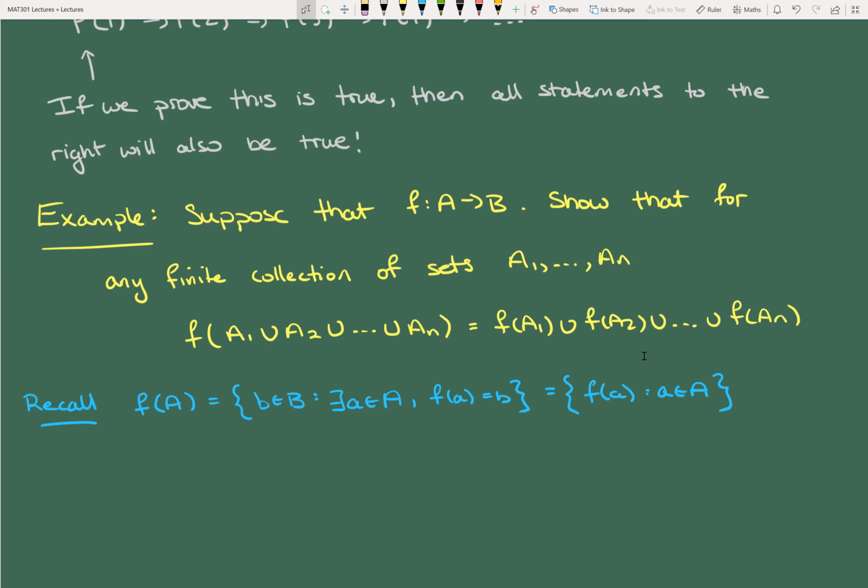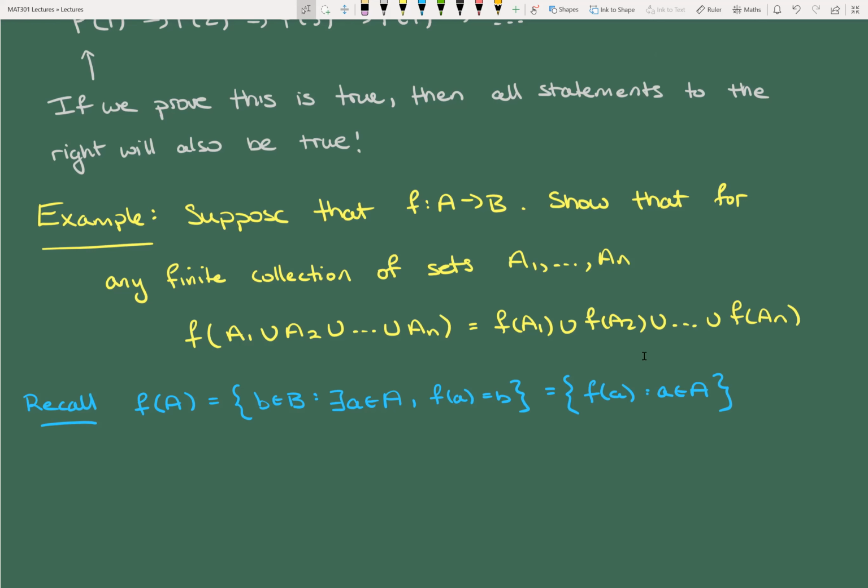Okay, so I'm going to talk about this a little bit. If you need a little bit more time, you have it, because I'm just going to ramble for a bit. These sorts of things are common, where we say, oh look, the base case here, for example, is going to be to show that the image of the union is the union of the images when there are only 2 sets. And then inductively, we're going to expand that to an arbitrary but finite number of sets. A lot of the time, especially in upper year classes, we'll prove it for 2 sets, and then say, of course, this naturally extends to arbitrary finite numbers of sets.